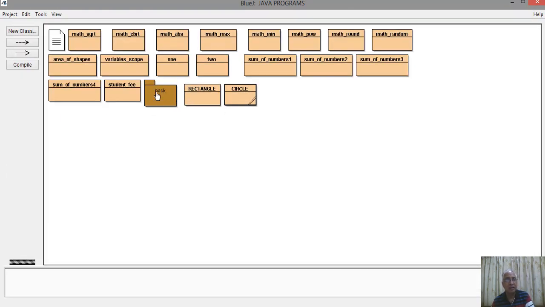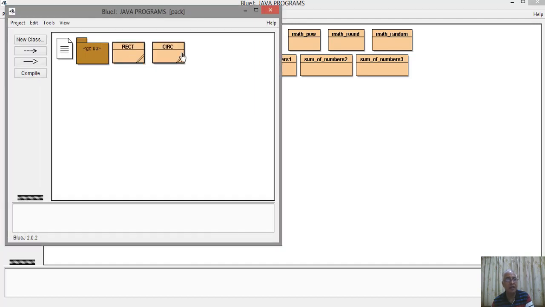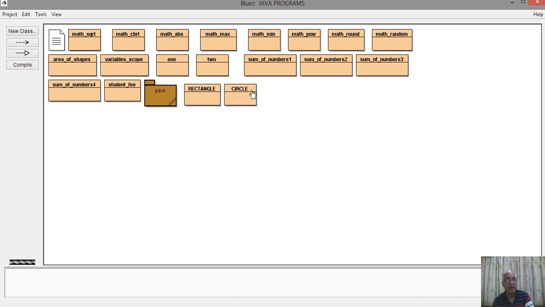So pack is a package in which we have two classes, rect and circ. Rect is for calculating the rectangle area, circ for calculating the circle area, and two independent programs, rectangle and circle. In rectangle we give the actual values of length and breadth and find the result, and in circle we give the actual value of radius and find the result, through the package pack, under which we have two classes. In them we have area functions which calculate the rectangle and the circle area respectively. So this is the whole working, and we have simulated the import command through the package pack.